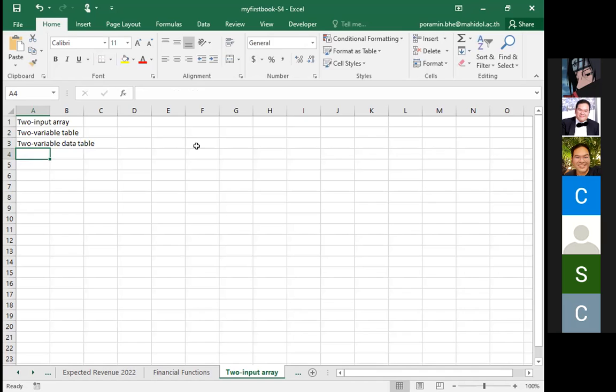Two input array is the concept of Microsoft Excel that is designed to help the users fill up the data in the form of a table easily, instead of manually calculating and setting up the references by themselves in each cell, which takes a lot of time. For example, if we are running a photocopy business,